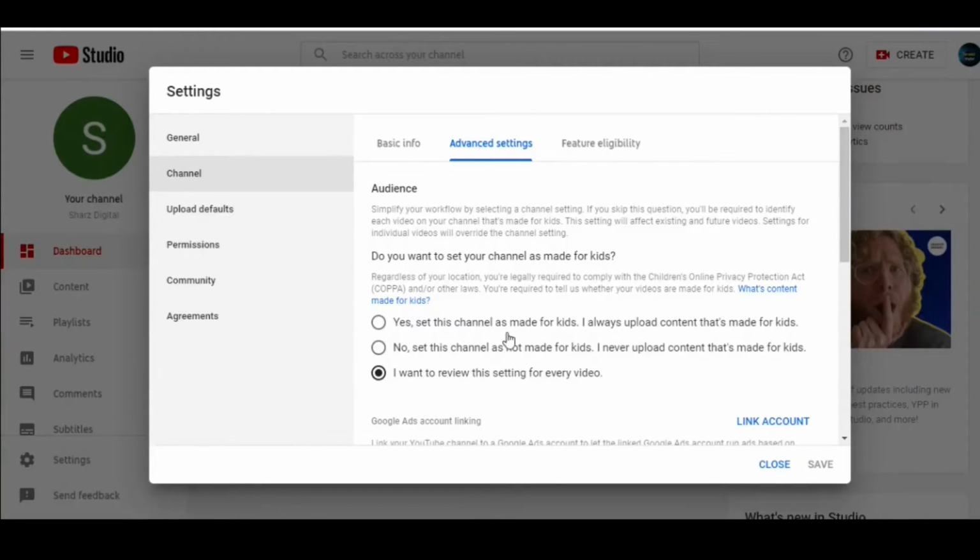But something happened with YouTube a few years back: a kid in the US or some other nation died by suicide after watching a YouTube video. In that case, the parents filed a case against YouTube regarding their kid's death. YouTube had to pay a big fine to the parents. After that, they included these options. Now YouTube creators must say whether their videos are related to kids or not, or they want to review their videos. So this is very simple.